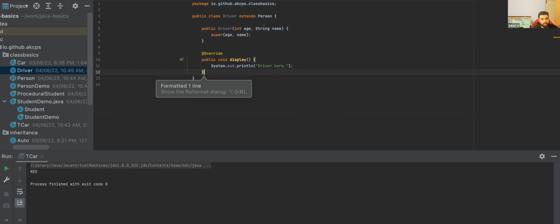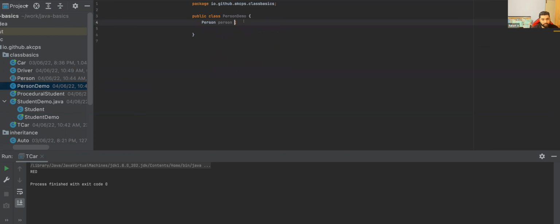Now I'll go back to my PersonDemo, and I'll see whether I'm able to use this or not, right? So instead of creating a Person, let's do this. I would just say Driver. I'll be able to use a Driver reference, right? So I'll be able to create a Driver object saying Driver is equal to new Driver,